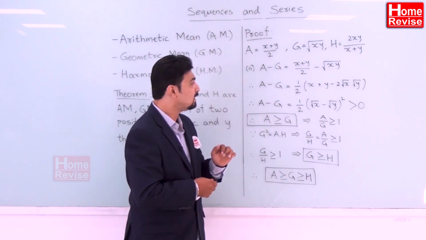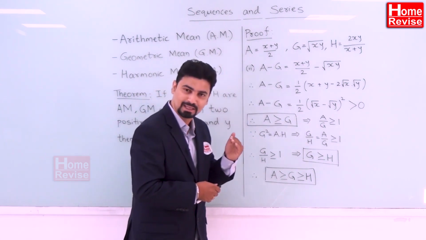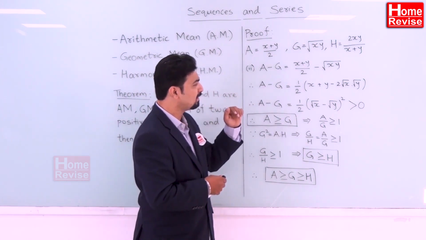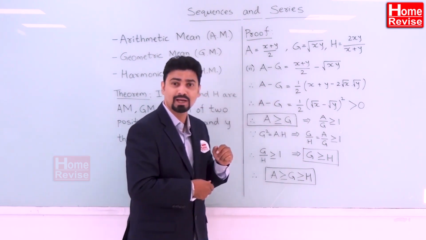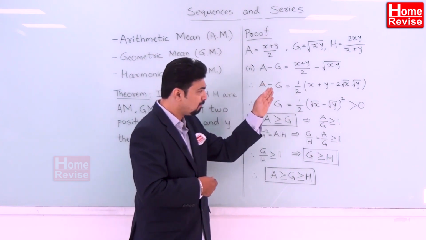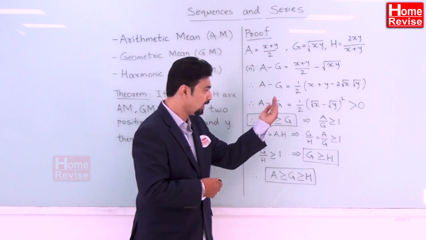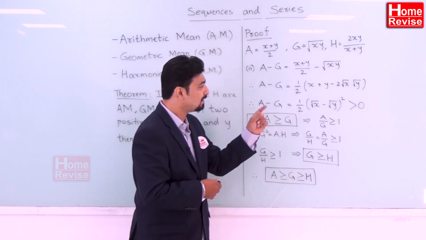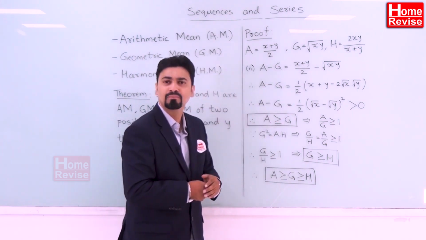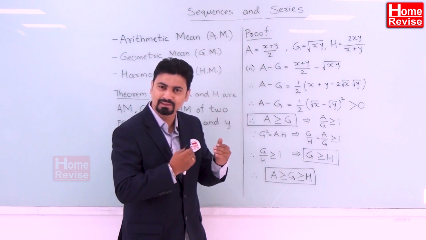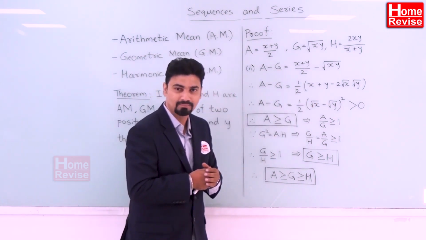So now let us see, if I subtract g from a, that is I am trying to find out the difference of a minus g. So a minus g will be nothing but x plus y by 2, that is my a, minus square root of xy, that is my g. So if I multiply the denominator to the second term, that is I am taking the LCM, then what I would get is 1 upon 2 common outside, and I will get x plus y minus 2 into square root of xy. Now square root of xy we can split it and write as square root x into square root y. Am I right? Correct.